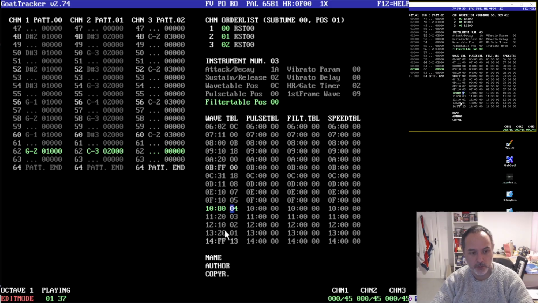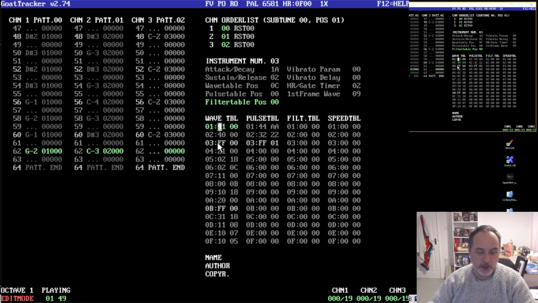Notice if you do 8-1 or 8-0, you get a bit of a different thing. Right. Another thing you can do if you really wanted to be pro, which I'm not very good at yet, again I'm just showing you this as a kind of beginner, is use your filter table. So I'll do filter position 1, and what you do is, at this position 1, you do something like B0 as a kind of bandpass filter thing,